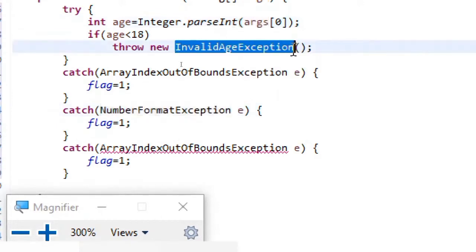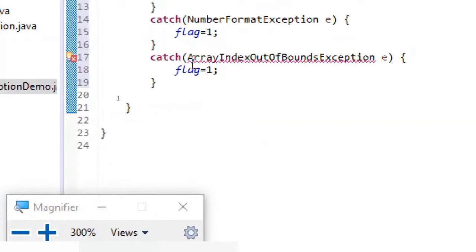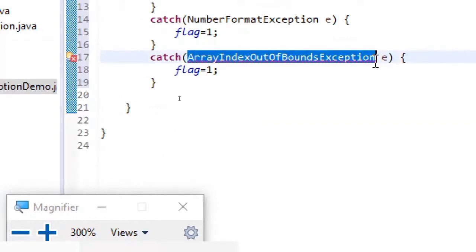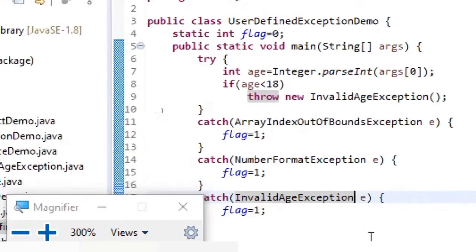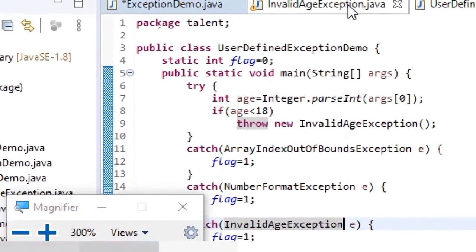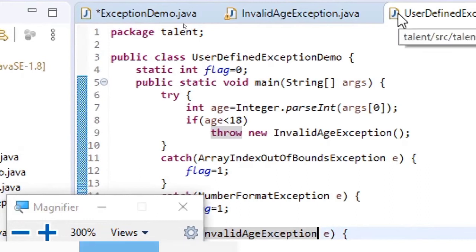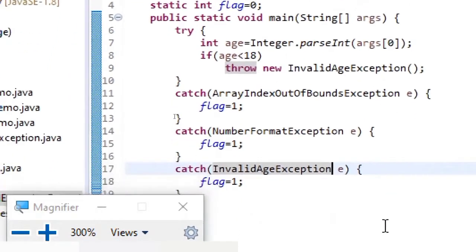And if it is not greater than 18, then invalid age exception. So for that reason I have just used this. Now you can see all the errors are gone. So no error is there. You can check it here. If any error is there, it will come here as a red mark. Now